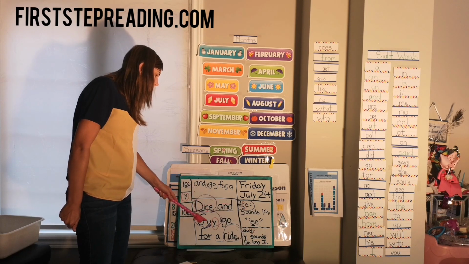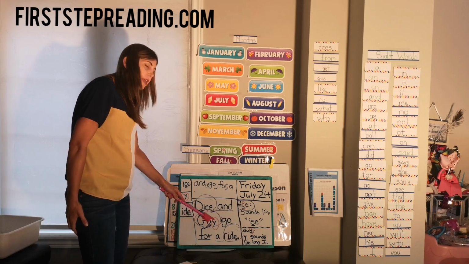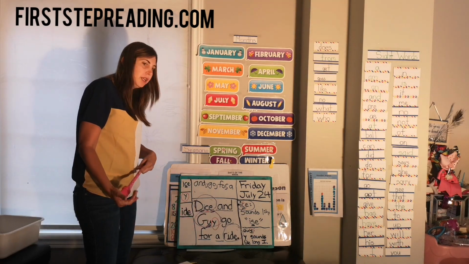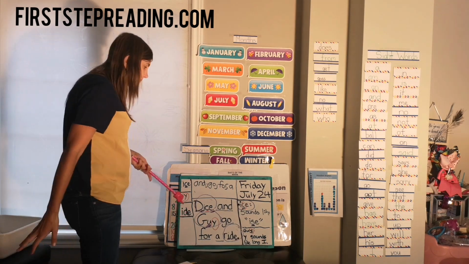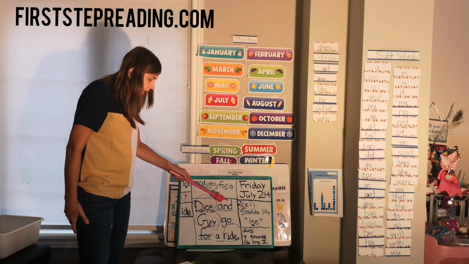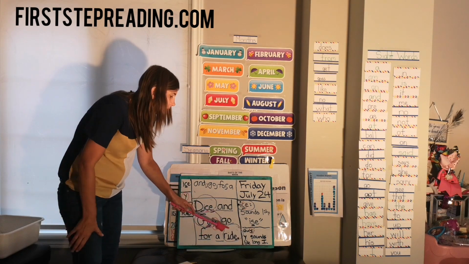Dice and G-I. Remember, the Y says I. G-I. Y doesn't always say I, right? Sometimes when it's at the end of the word, it's going to say E, sometimes it's going to say I, and sometimes it's going to make an I sound. Just something to know. Dice and G-I, guy, go for a